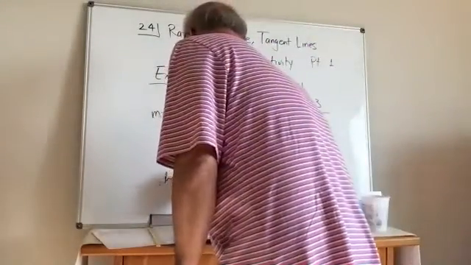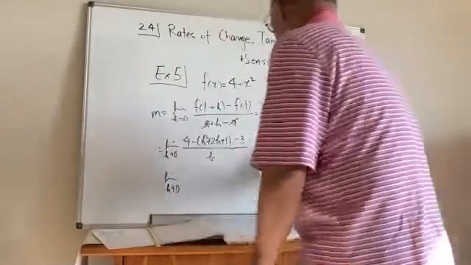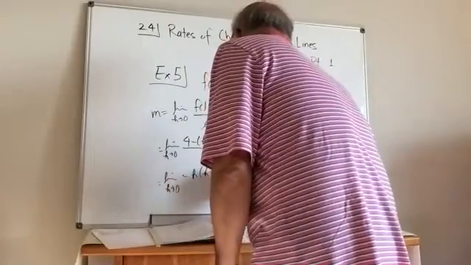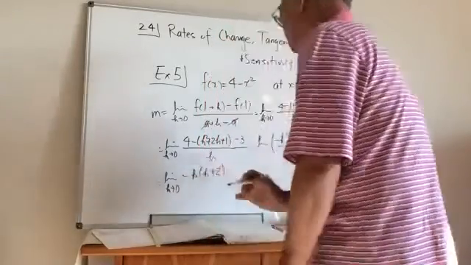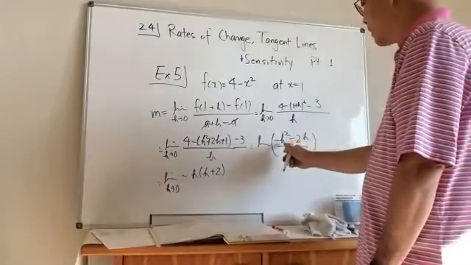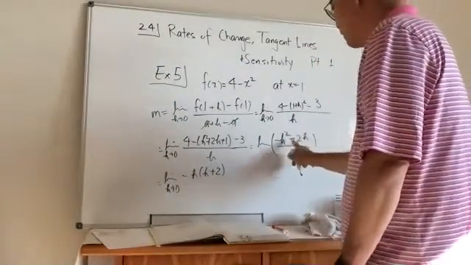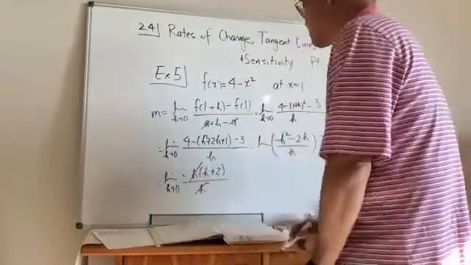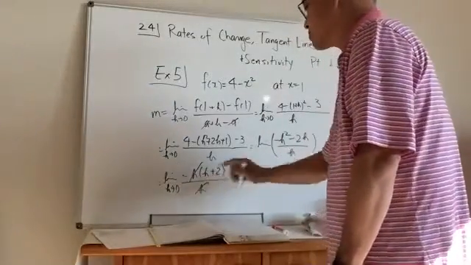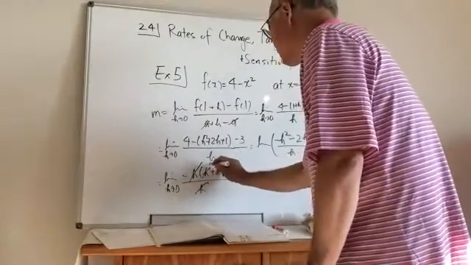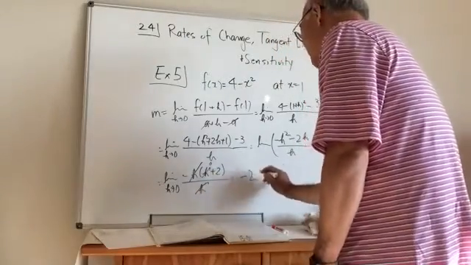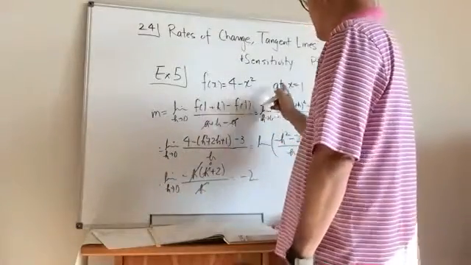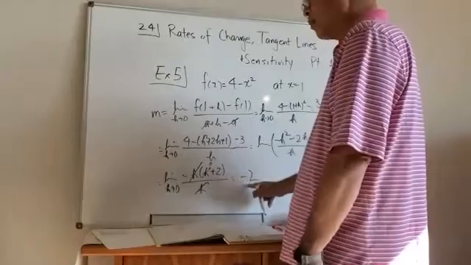which is equal to the limit as h approaches 0. Over here, I'm going to have minus h plus 2, right, if I pull the h out. So the h on top and the h on the bottom cancel out. I get minus h plus 2, where h goes to 0. I end up with minus 2. So the slope of the tangent line of this curve at x equals 1 is negative 2,